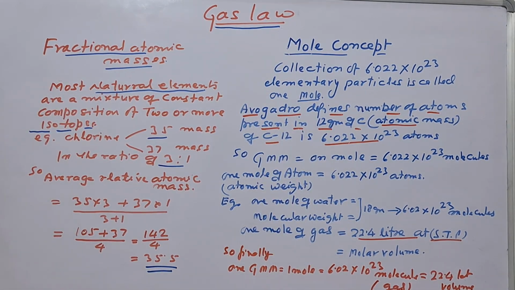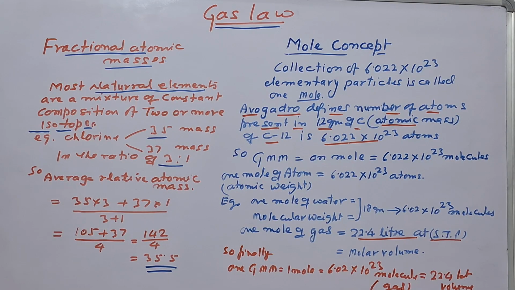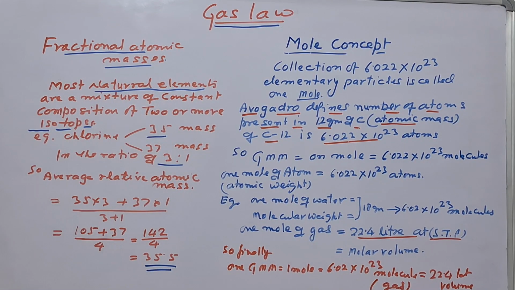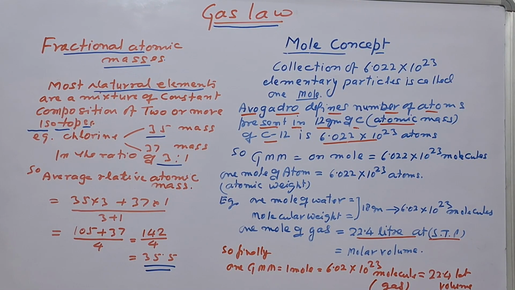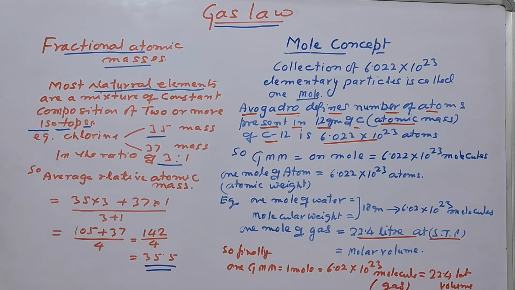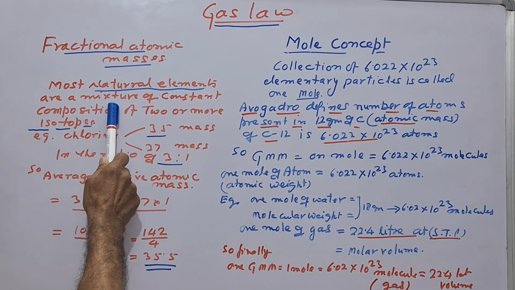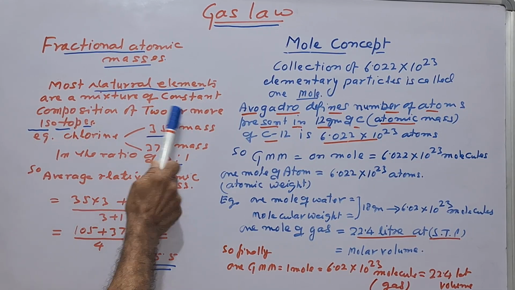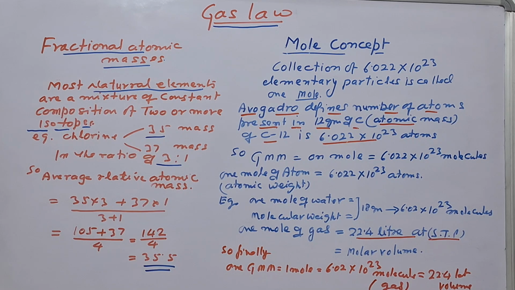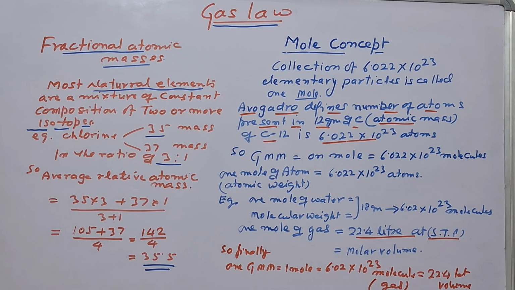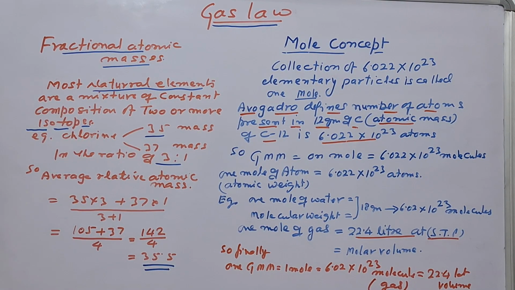Now in last video I explained you atomic mass and the molecular mass. Now today I will explain you fractional atomic masses. You see, most of the natural elements found in nature are the mixtures of the constant composition of 2 or more isotopes. It means when an element is having 2 or more isotopes in a fixed ratio, then it will have